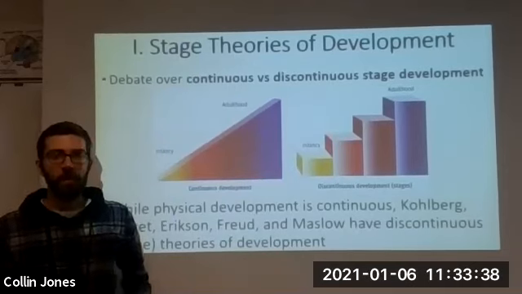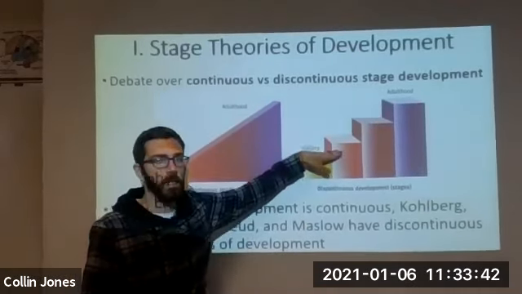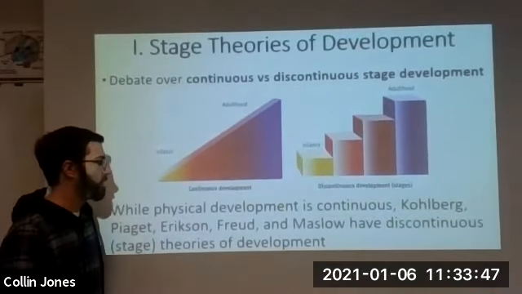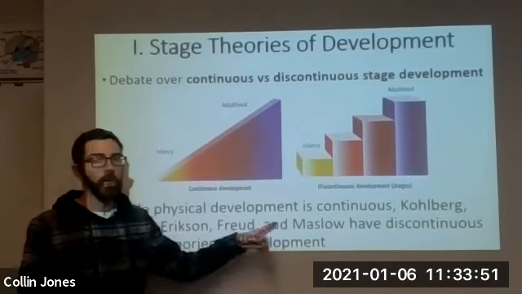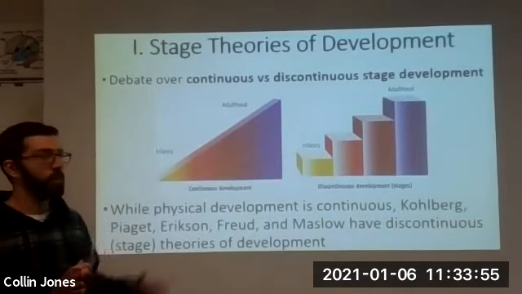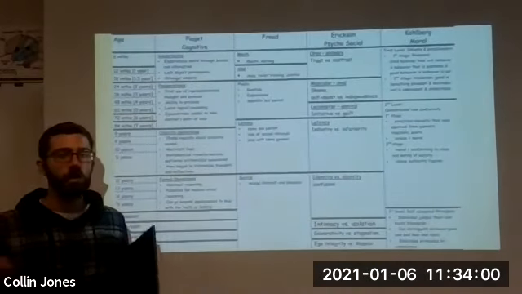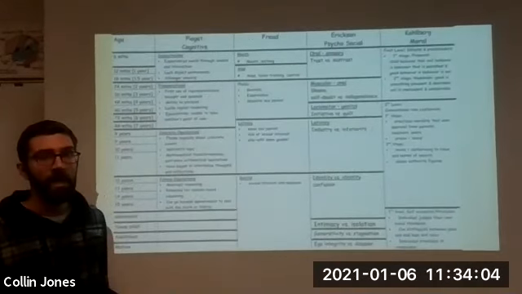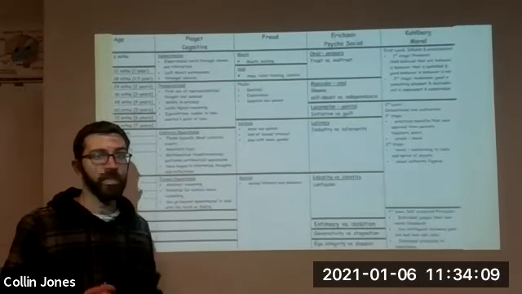The theories that we'll be talking about in the next couple of days are called stage or step theories because there are very clear breaks in what people are capable of, okay? So today we're going to be talking about Piaget. We'll talk about Erikson and Freud and Maslow and Kohlberg over the next week or two. They all have discontinuous stage or step theories, okay? So how do these folks develop these theories, right? You can't see this, but these are all the different theories we'll be talking about. And by the end of this unit, you'll be able to fill out a chart like this all on your own because of the stuff we've talked about.